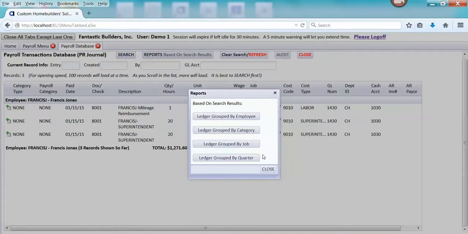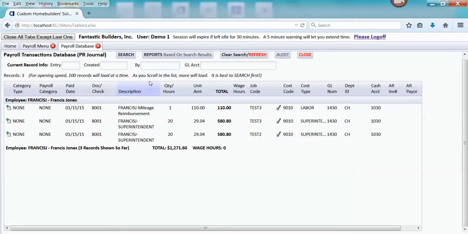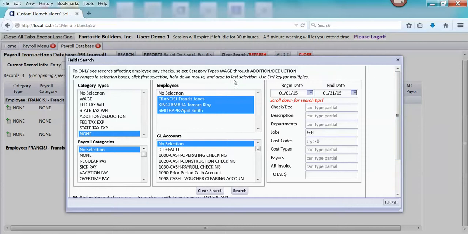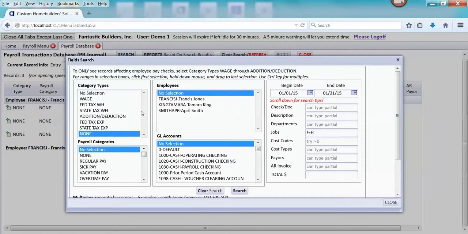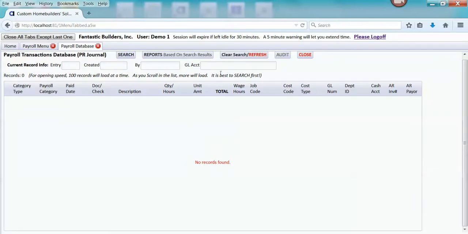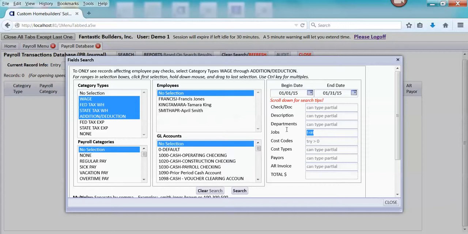The ledger grouped by quarter, we'll go back and undo what we did here. Let's do no selection so that we get all employees. And let's go back to wage, these particular ones that only relate to the actual paychecks, and do a search. I needed to get my job thing out of there. I can also clear all these search fields and start over, but I'll just delete that right there so I'm not limiting it to the H job. And then we'll do a search,